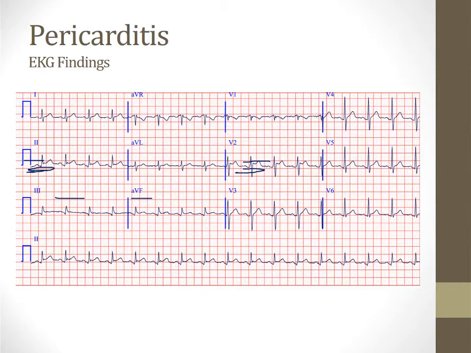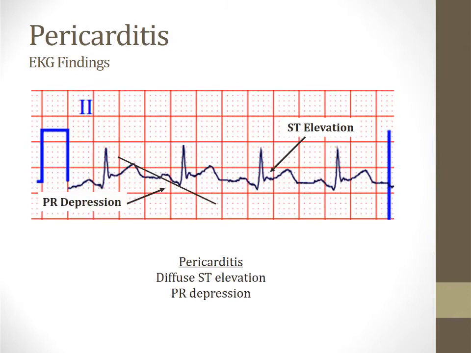So basically what you see on this ECG are ST elevations in multiple different leads. Classically in pericarditis, you can see ST elevations in every single lead, and that's what differentiates it from ischemia. In ischemia, the ST elevations are localized to one area of the heart, like the anterior wall or the inferior wall. I've zoomed in on lead 2 here so I can show you the other classic finding of pericarditis, which